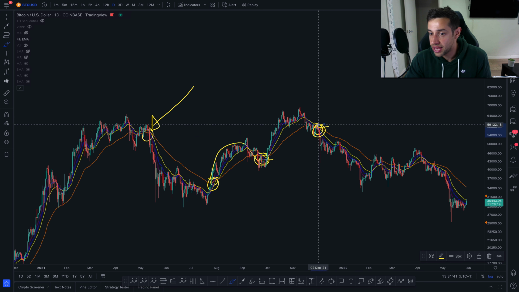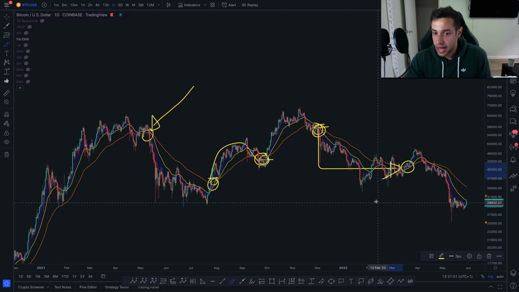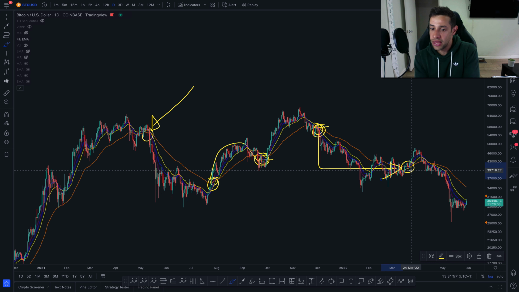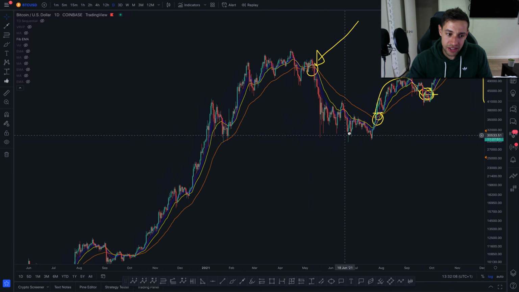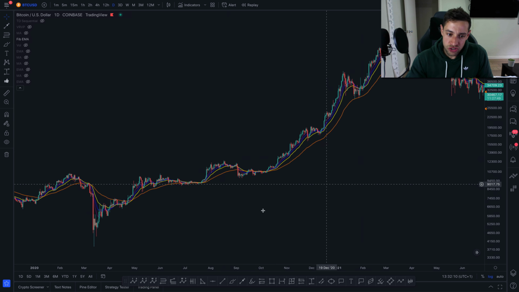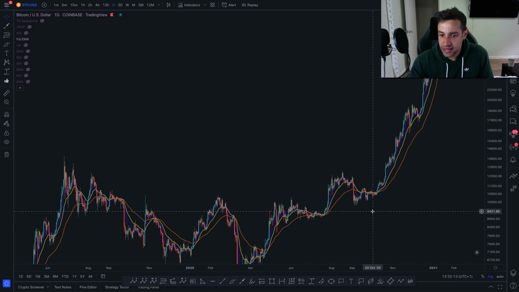If you go short over here, where would you have exited when you get that crossover back to the upside just over here? So again, you've negated that downside action, and essentially you're able to take a chunk of the pie. It is important to remember that you are looking to take a chunk of the pie, not looking to get the absolute tops and the absolute bottoms. So you just want to make sure that you have a strategy that is profitable and consistent in your favor. And if we just go back in time, you can see that, so as to make sure that I'm not cherry picking this,